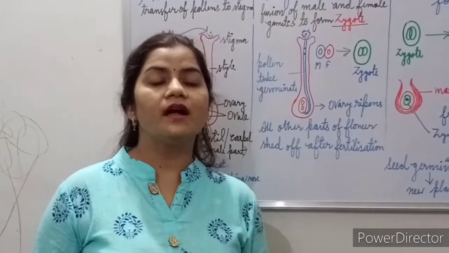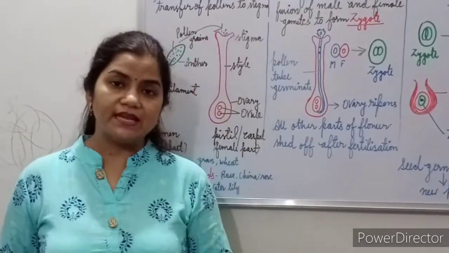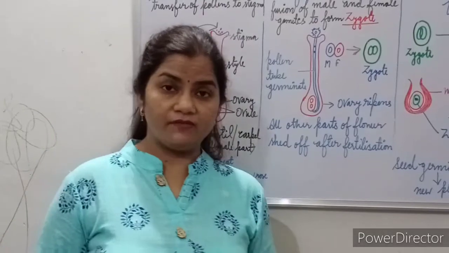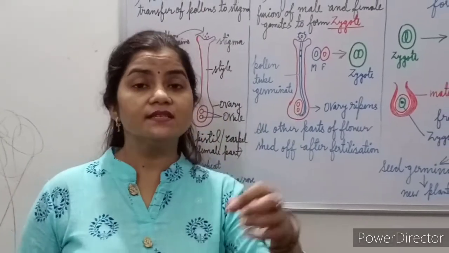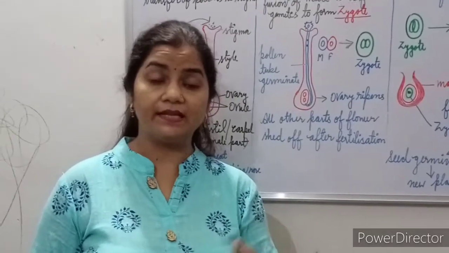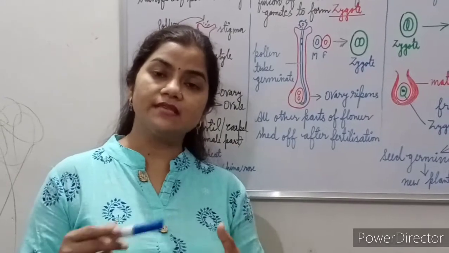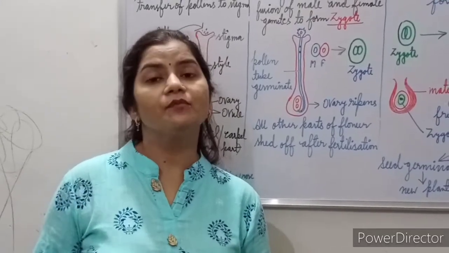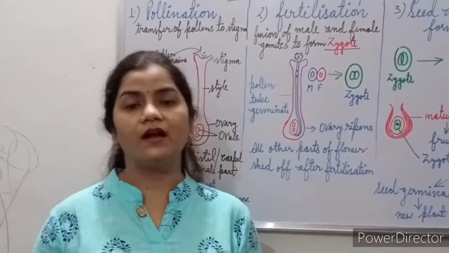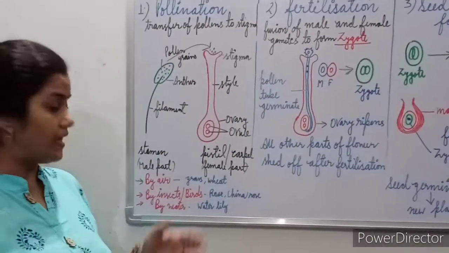So they sit on the flower to collect a sweet substance, which we call nectar. This nectar is collected by bees and butterflies. During this process, when they sit on any flower, pollen grains stick to their body parts, like their wings, their legs, their mouth parts. So when the same insect sits on another flower, the pollen grains are transferred from one flower to another. This is the pollination done by insects as well as some birds.